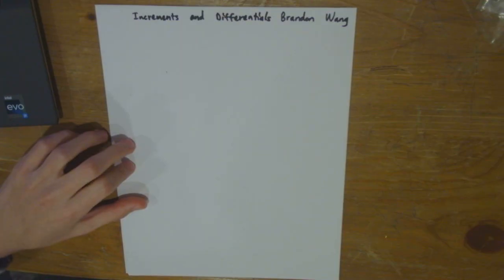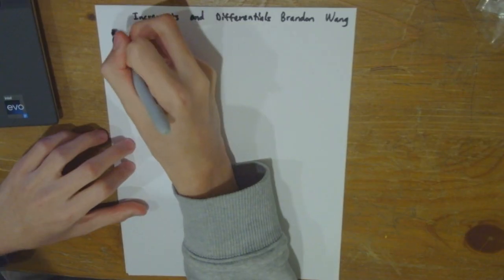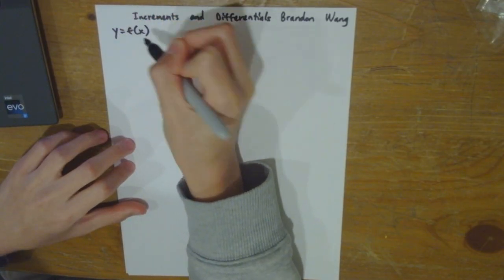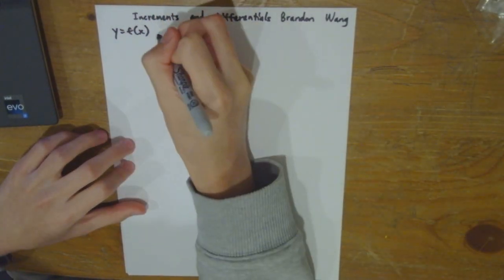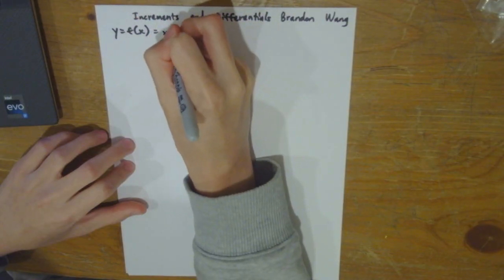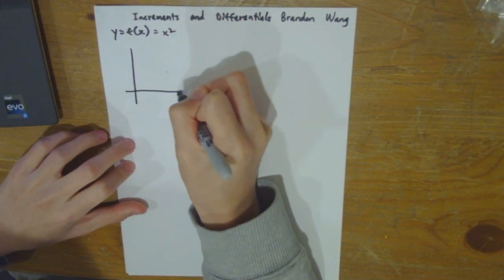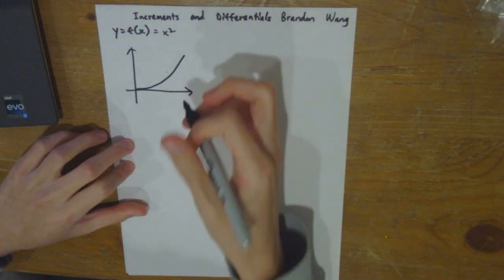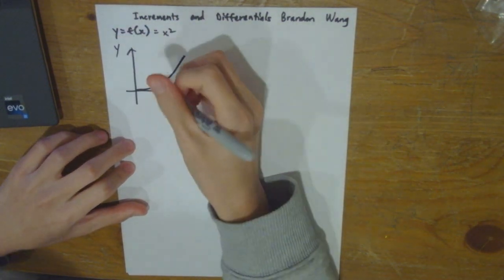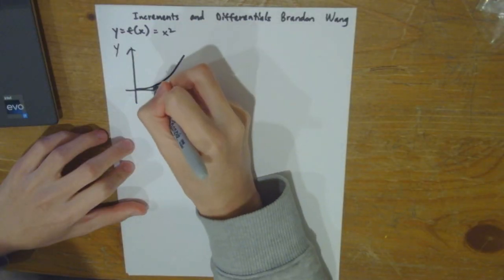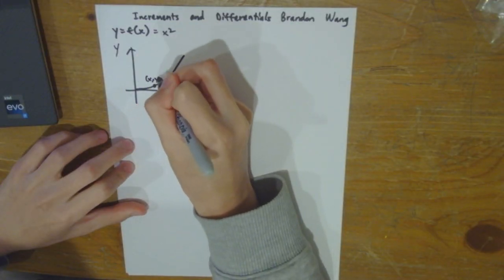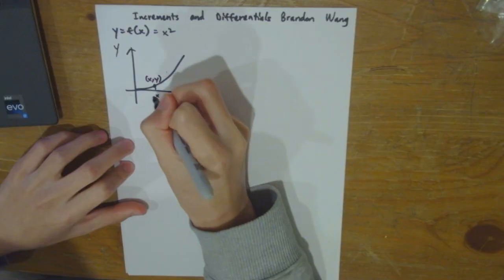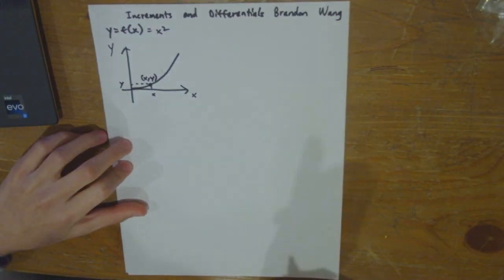Let's start with some simple single variable calculus, so this is just BC. Let's have a function y equals f of x, and let's say it's a parabola. So this is its graph. And then this is x and y. Let's choose a point x, y on this curve, x, y, and another point